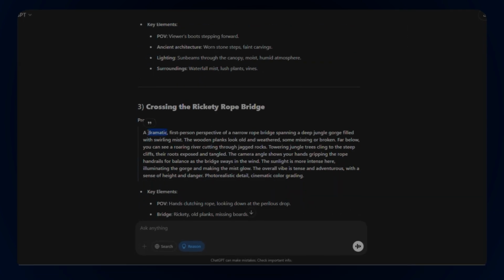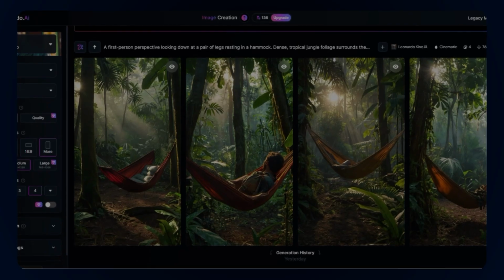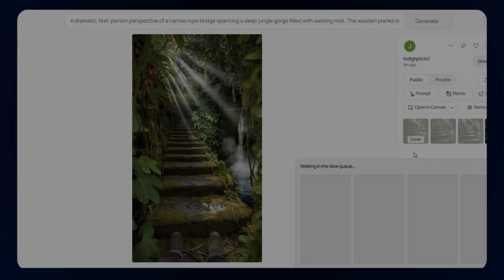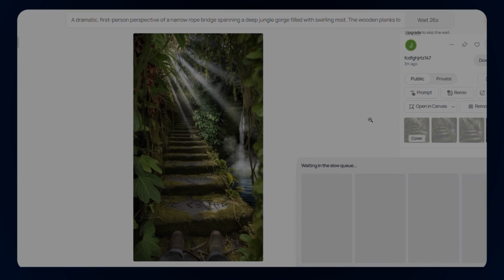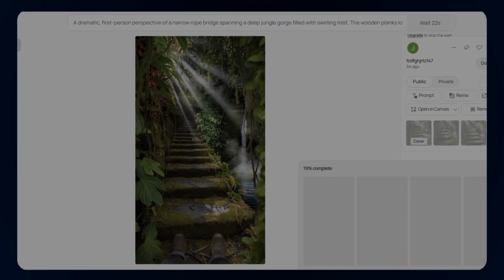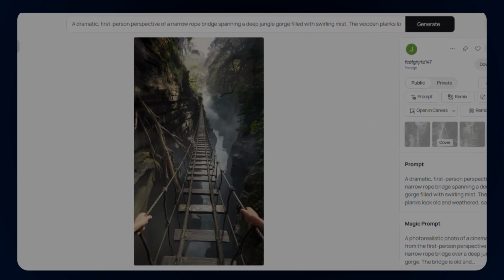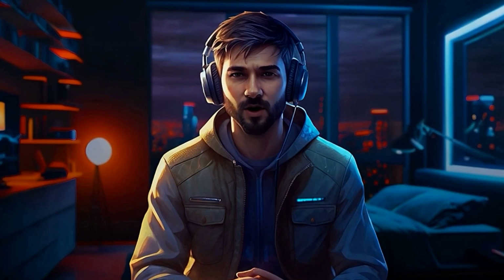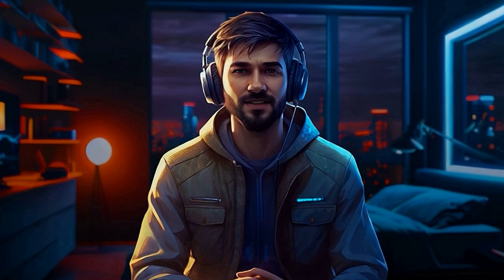If you have 5 main prompts, waking up in the jungle, walking upstairs in the jungle, walking over a hanging bridge, going into a jungle temple, and even just exploring and running, whatever fits your story and would catch the viewer's attention, create 5 images. Run the prompt a few times if you want more variety. Ideogram is really amazing at creating consistent images with simple prompts, and after downloading those images, let's move on to